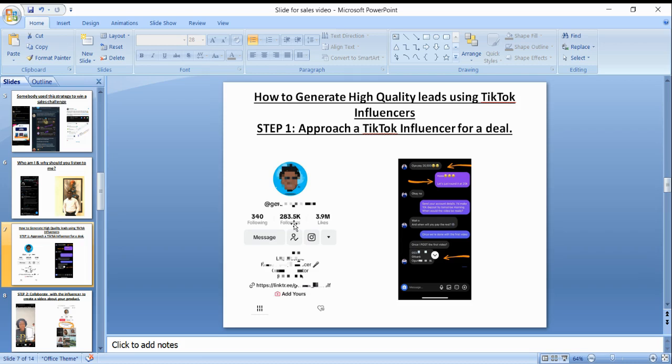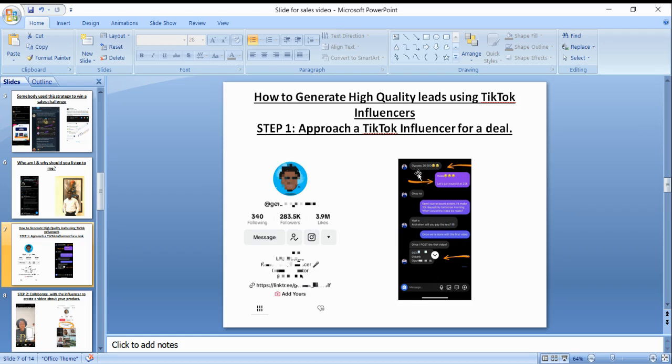Basically, when you approach an influencer, you approach them for a collaborative deal. The details of the deal don't go beyond: I have a product doing XYZ. I have a product that teaches people copywriting, for example, and I want you to create a video talking about the benefit of copywriting, why people should start copywriting, and how they can start by buying this course, my course. So this is just a conversation I'm having with an influencer.